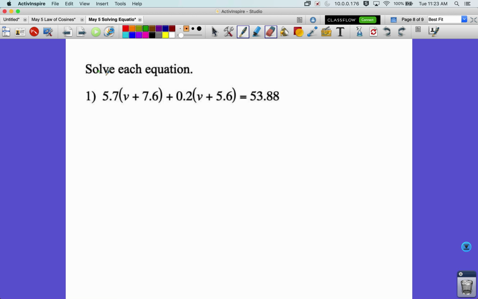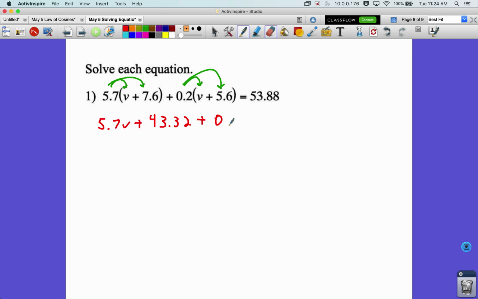Do I need to distribute? Yes, I've got variables or values in front of parentheses. So let's draw the arrows showing distribution. Always got to show your work. And then having a calculator nearby is very helpful. 5.7 times v is just 5.7v. 5.7 times 7.6, that was a little bit harder. 5.7 times 7.6 is